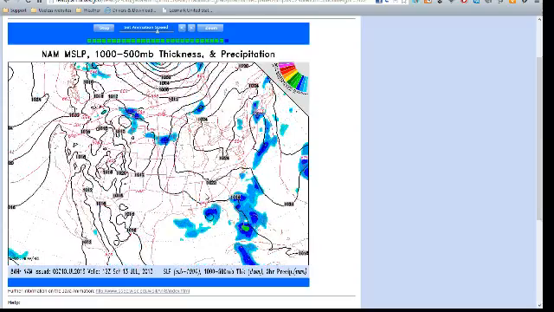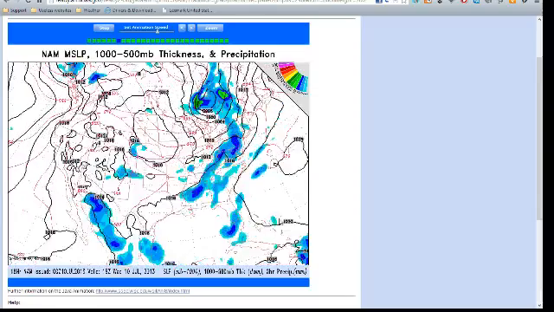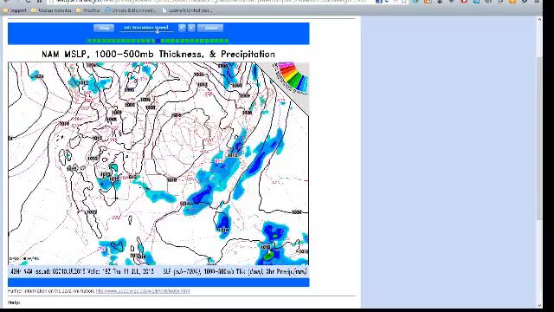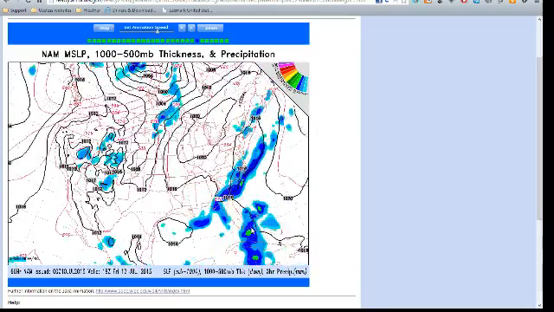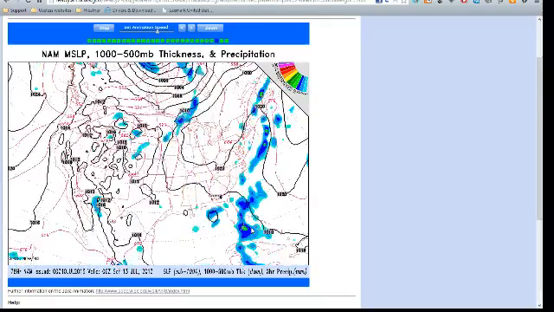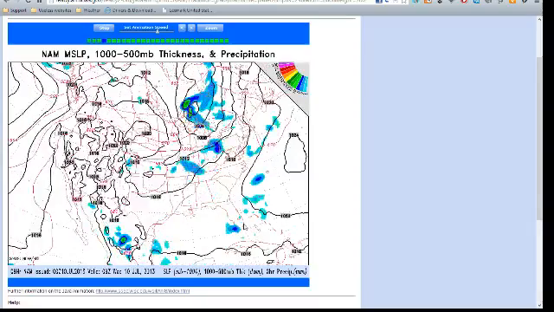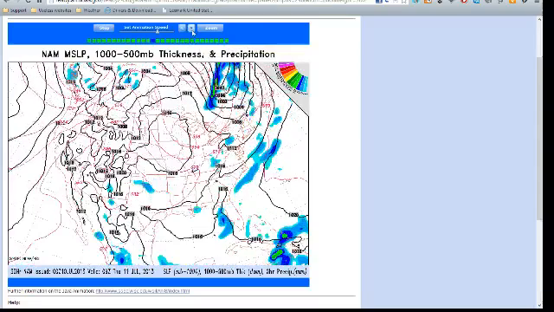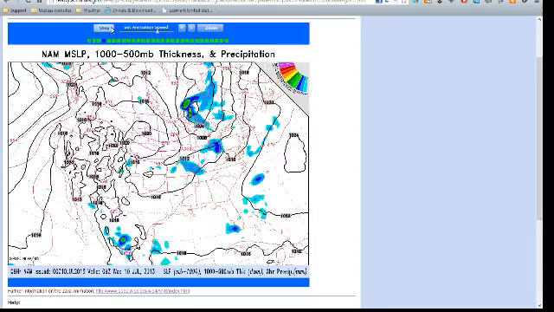No. Actually, no. Now out here you can see Chantal getting closer, and the NAM run has it getting to the Florida Keys by, let's see, let's go to the last run there. I'm going to speed that up a little bit.